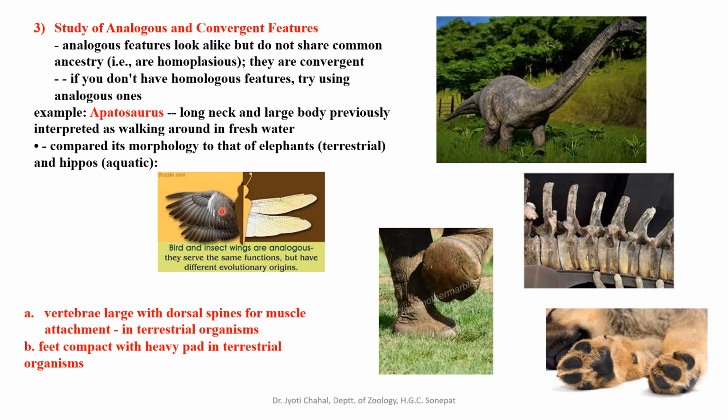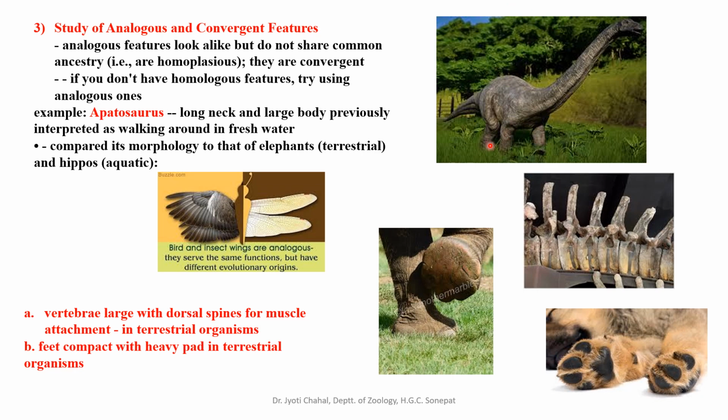Like you can see here that a bird wing and an insect wing, they both look somewhat similar and they perform a similar kind of function. So that is again an example of functional morphology, morphology that serves the same function. So the morphology is also wing-like and the function is also the same, to fly. Okay, they will help in flying. So that is another example of functional morphology.